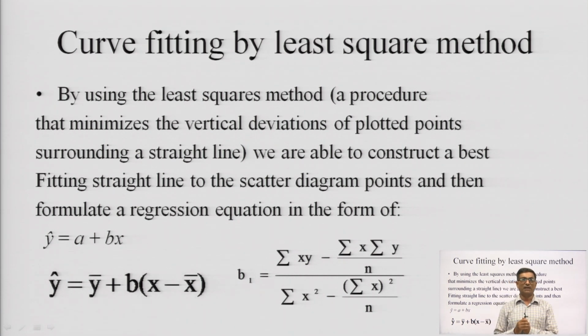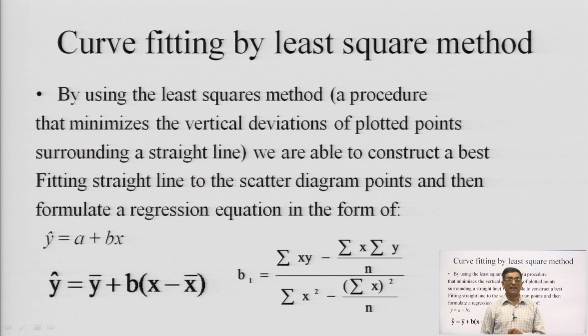The least square method is a procedure that minimizes the vertical deviation of plotted points surrounding a straight line. We are able to construct a best fitted straight line to the scatter diagram points and then formulate a regression equation in the form y hat equal to a plus b x,